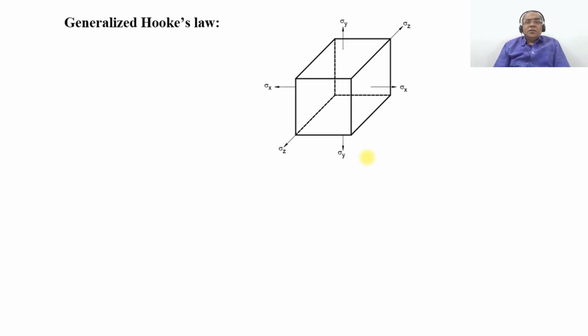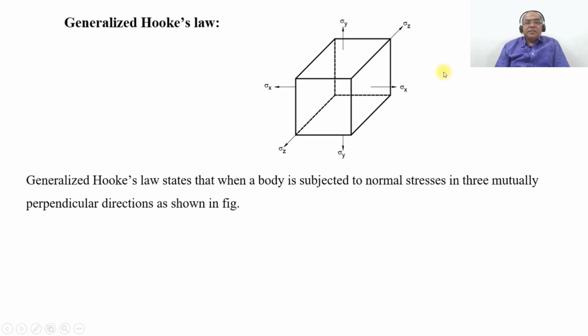Now, in this video, we are going to discuss the generalized Hooke's law. So here you have a volumetric body, which is a cube having the normal stresses in x, y, and z directions: sigma x, sigma y, and sigma z. When a body is subjected to normal stress in three mutually perpendicular directions, the net strain along the x axis